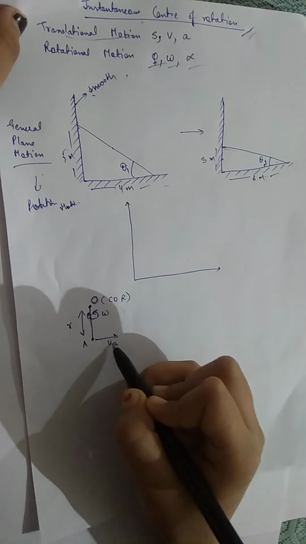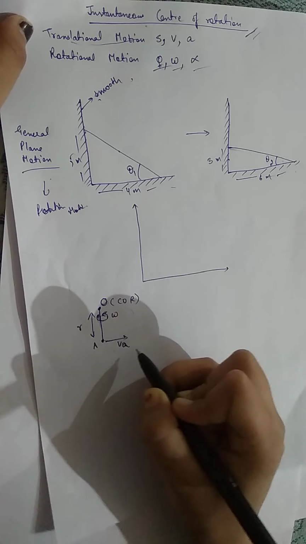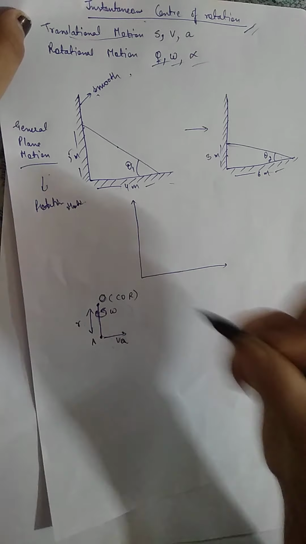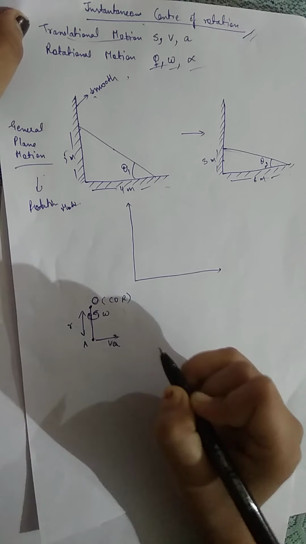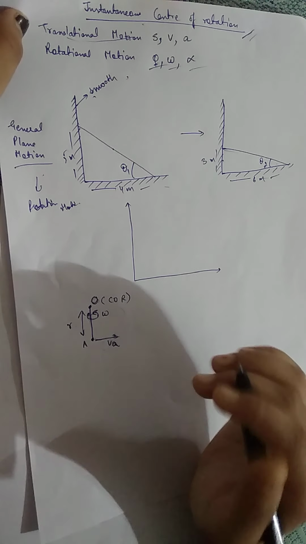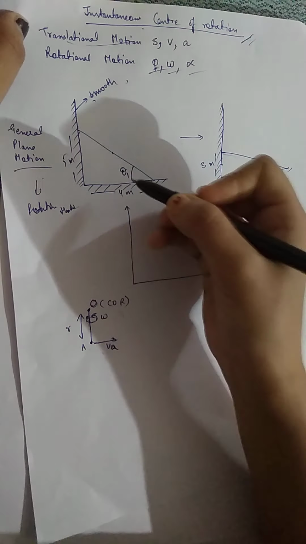So this translational velocity will be VA. We know that for a circular motion to happen, this velocity should be perpendicular to OA. This is the same thing which we will do here to find the